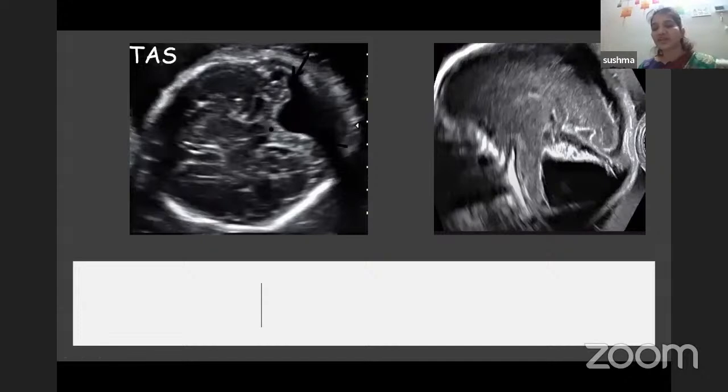Transthalamic, transventricular, or transcerebellar? Actually, this is exactly opposite to the previous slide that we have seen. The previous one was obliteration of cisterna magna. So now this is,